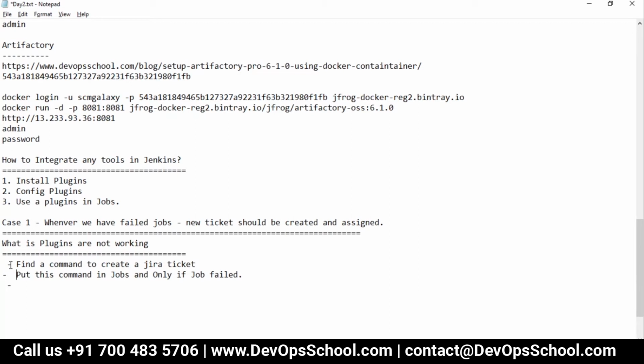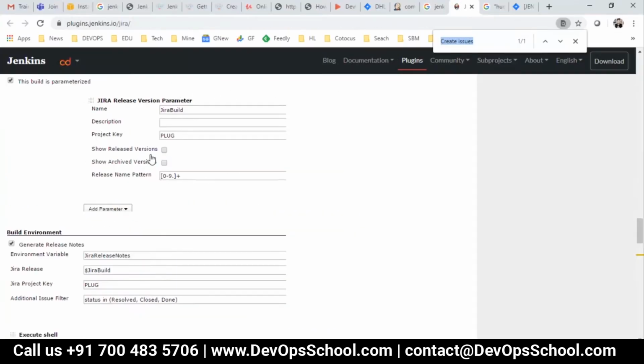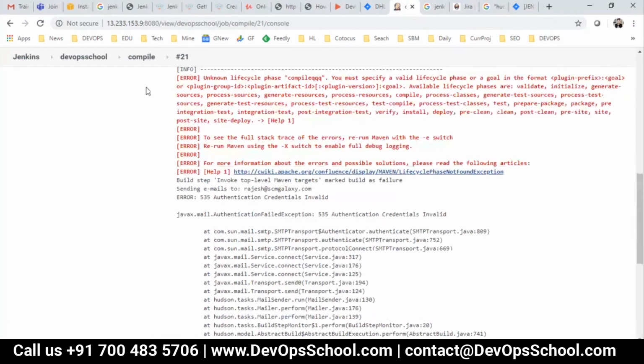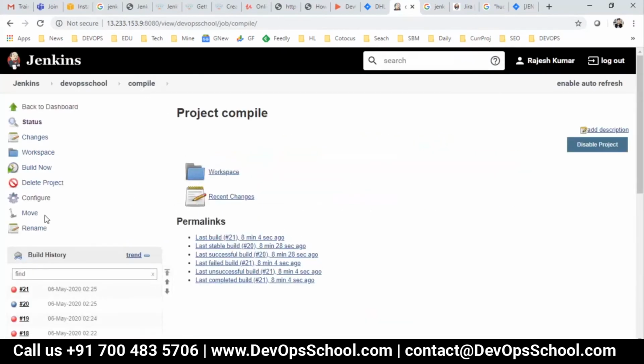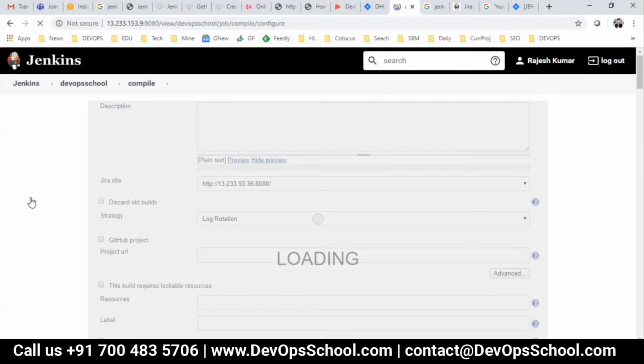If you look at the concept of a plugin, it is also doing nothing but triggering this command on your behalf. So if you get the command to create a Jira ticket and put it in the Jenkins job configuration itself, then when the Jenkins job fails, you trigger that post script.